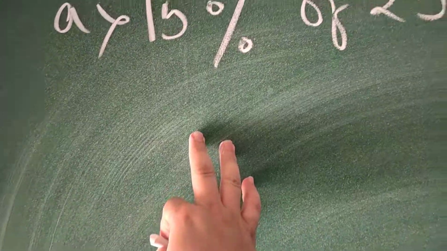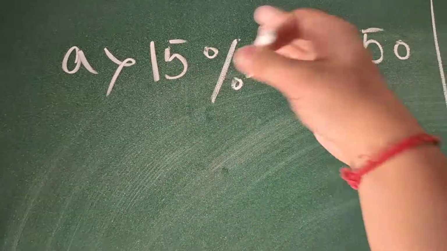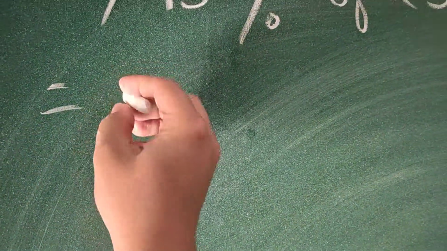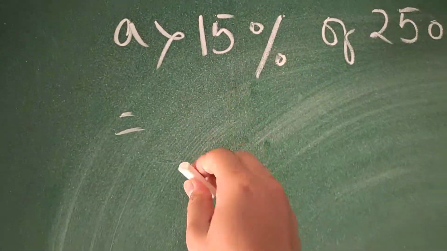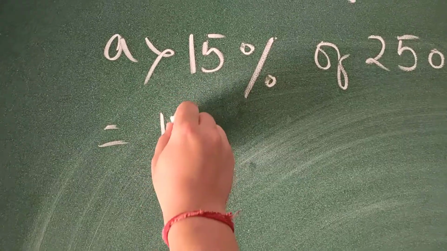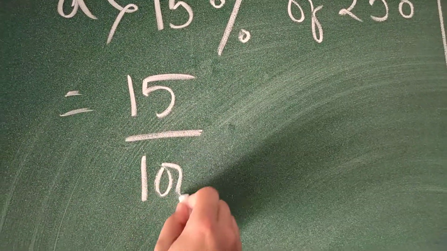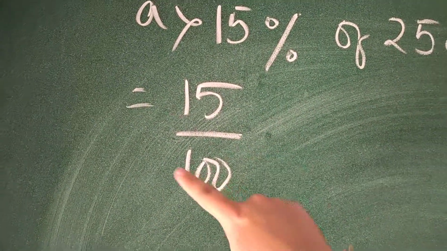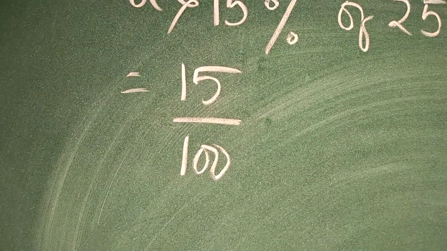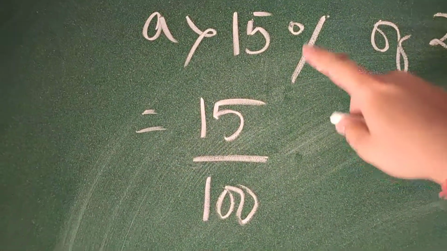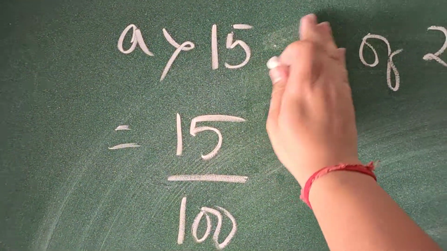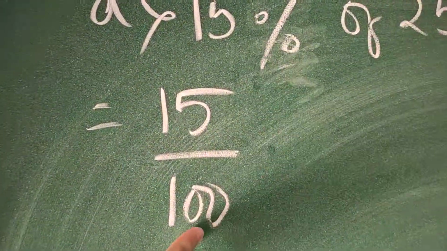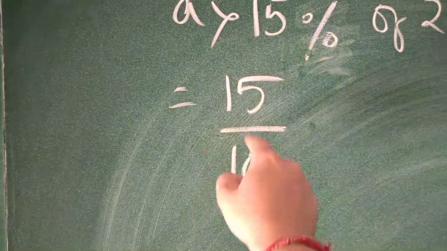So to find this type of sum you have to convert percentage into the normal number. So how to do that? To convert any percentage into the normal number, it will be divided by 100. So what was the criteria before? To convert any number into percentage we have to multiply with 100. But whenever you have to remove this percentage, you have to divide with 100. Whenever you do so, the percentage will be removed.